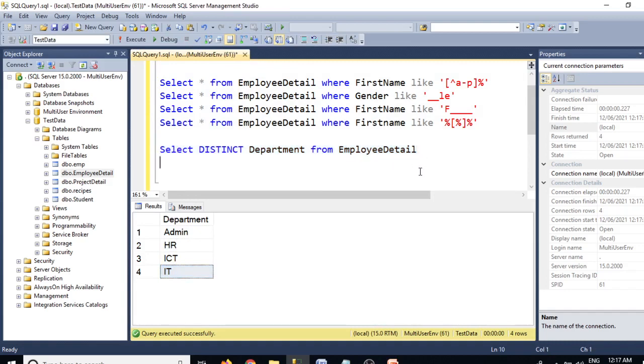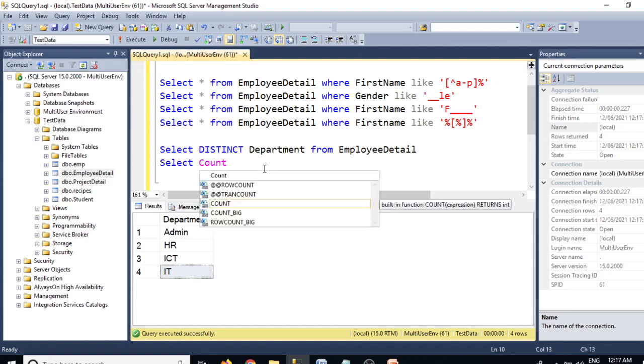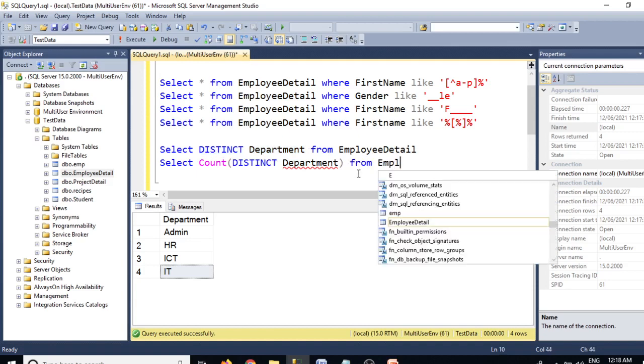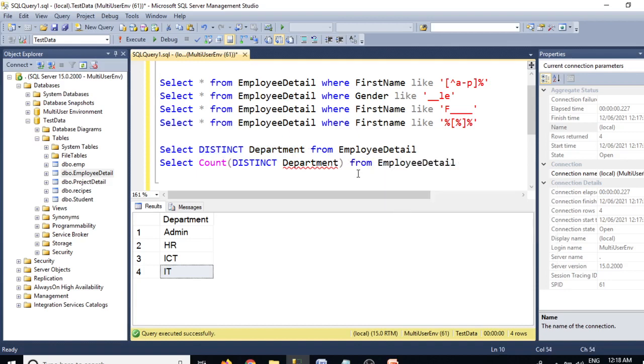And you can also count these unique records, like how many unique records there are. So how do you count? Select count, and inside that we'll put distinct department from employee detail. So you can simply count the number of unique records: 4.